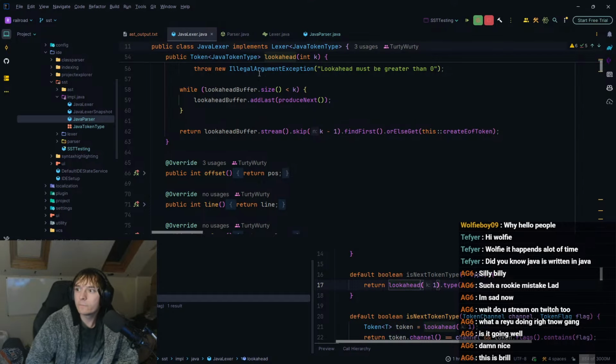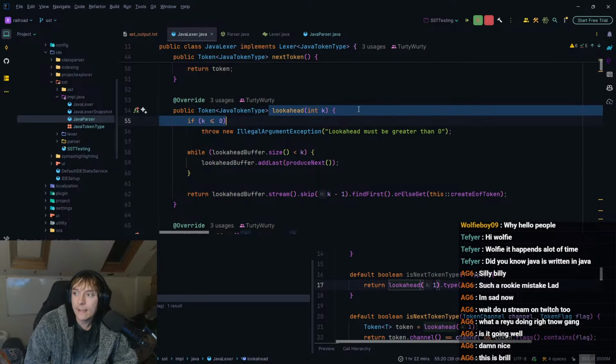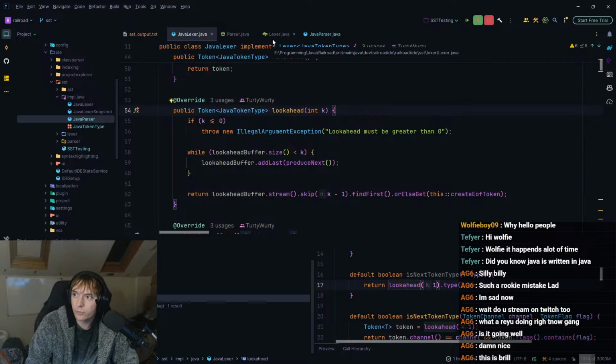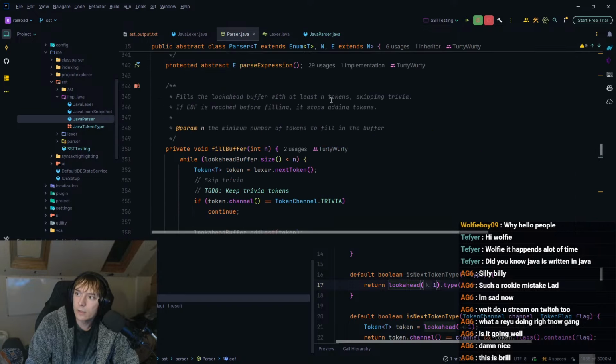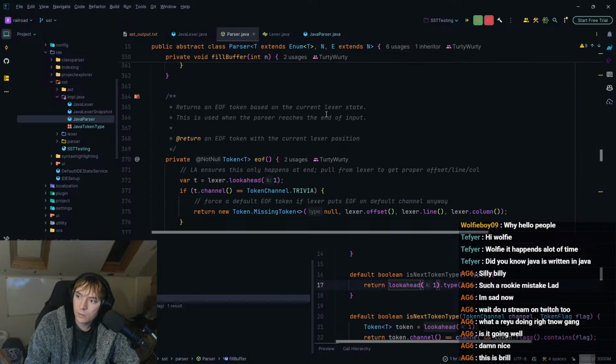Yeah, because in reality, the parser should be using the lexer to look ahead, rather than, I presume, what it currently does, which I presume is a list of things. Like, if I look at build buffer, it's doing... Oh no, it's doing lexer.next token. Okay, I see.